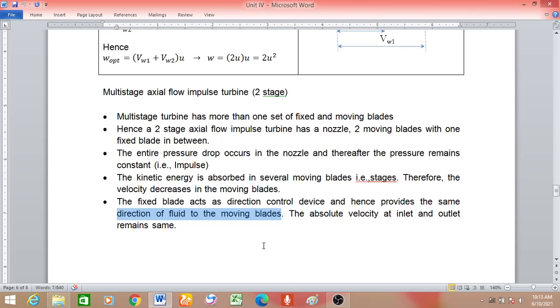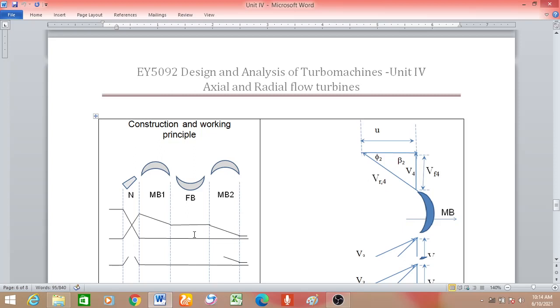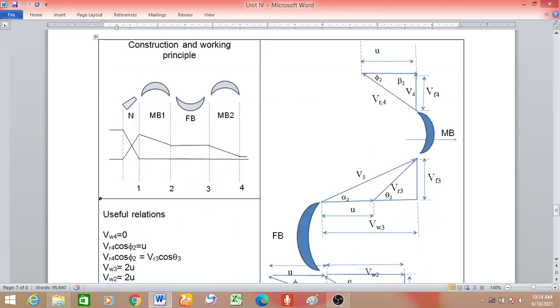And for the fixed blade, the absolute velocity at inlet and outlet will be the same. There is no change in velocity theoretically. So the incoming velocity and the velocity of the fluid leaving the fixed blade, the absolute quantity, is going to be constant. So with these few important key points, let us now discuss the construction and working principle,